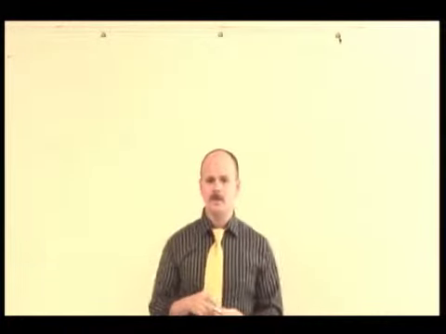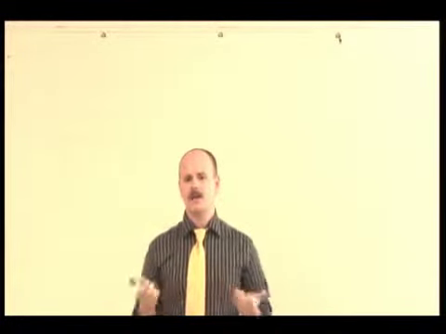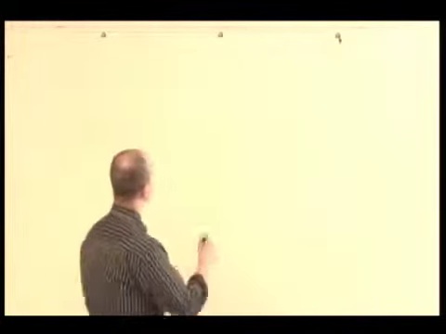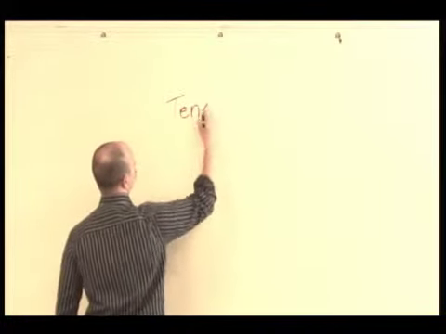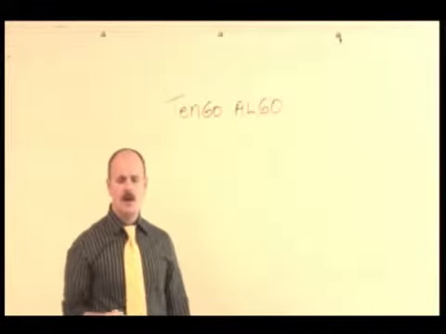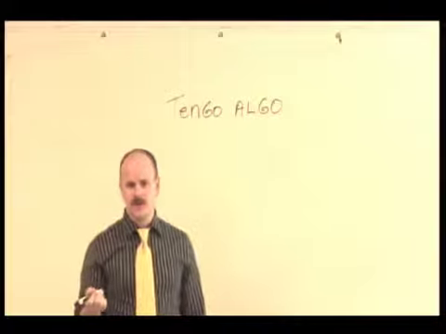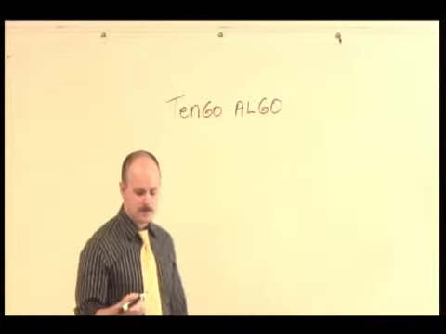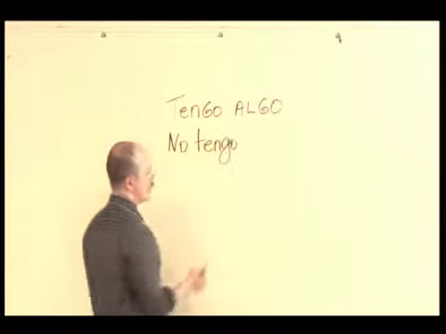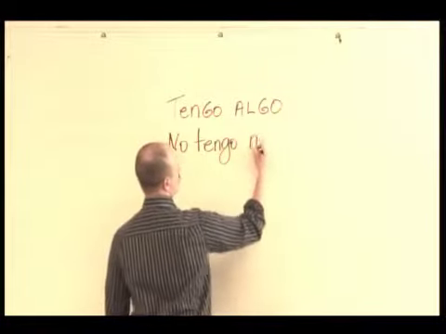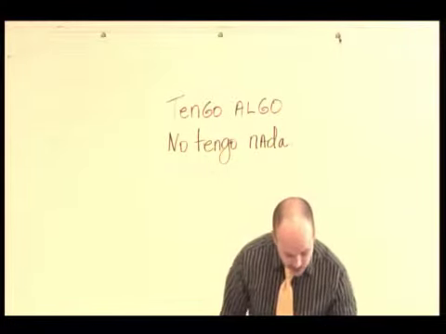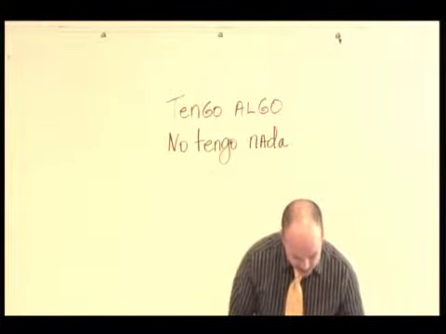As I've said, the important thing to remember is that when a sentence in Spanish is negative, it's negative the whole way through. So if I want to say, for instance, tengo algo, which means I have something, and I want to look at the negative version of that, which would be I don't have anything. I would say no tengo, and then instead of algo, I'd say nada. Okay, so that's, in English, I don't have anything, but in Spanish, we're saying I don't have nothing.